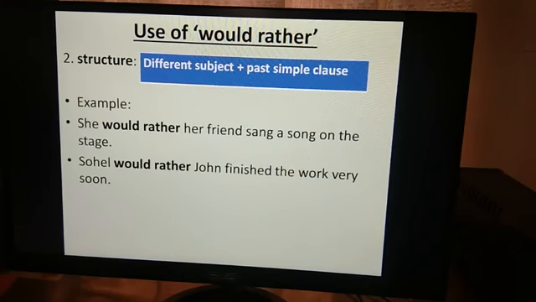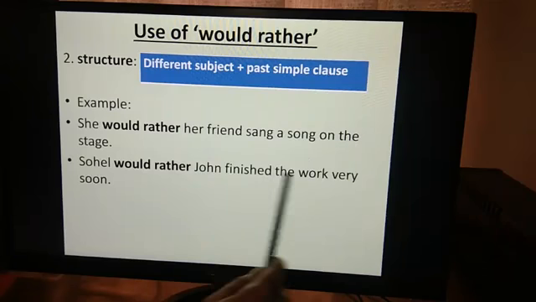Sohail would rather John finish the work very soon. Sohail and John, different subject, would rather is used here and plus past simple clause. That means the work, finished, past simple, finished the work very soon, past simple clause. Next,